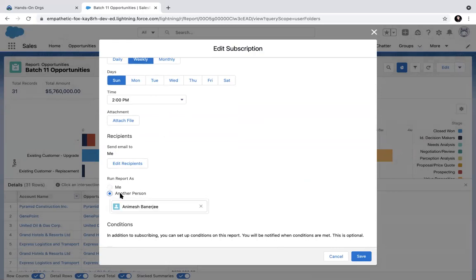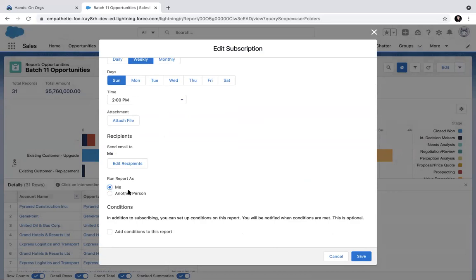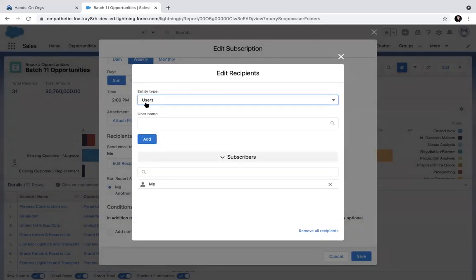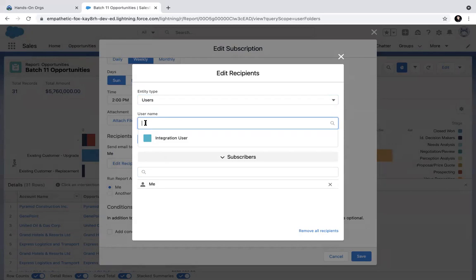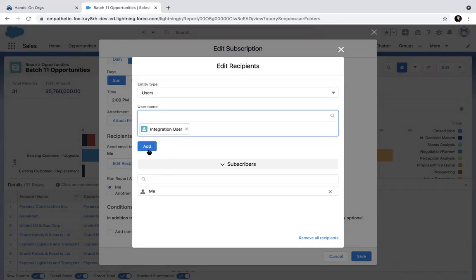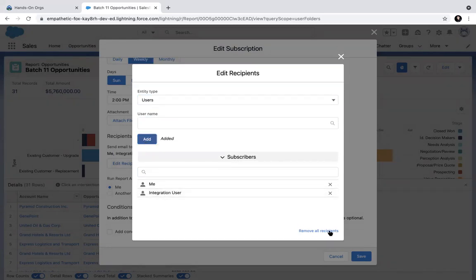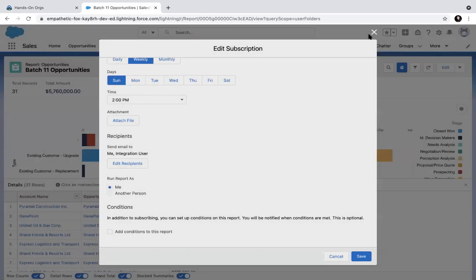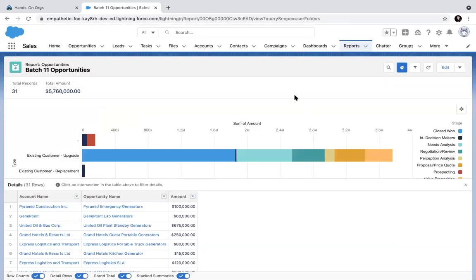That is the logged-in user whose data goes out. Then you can add recipients: different users, roles, public groups, or subscribers.